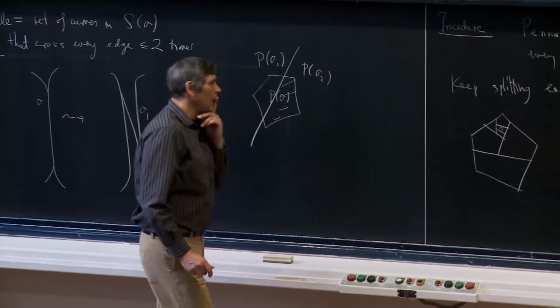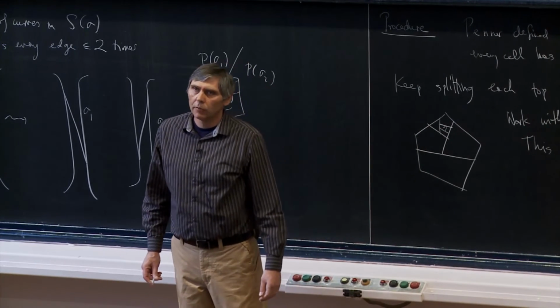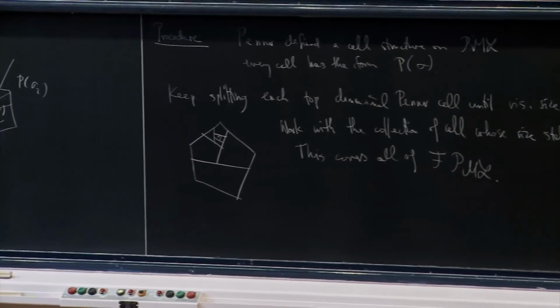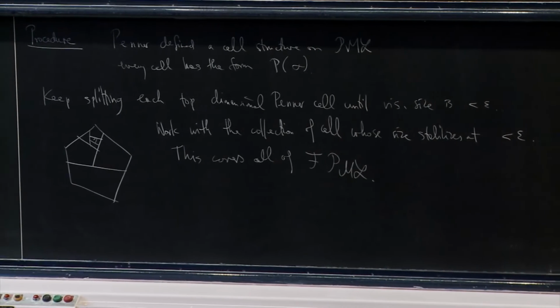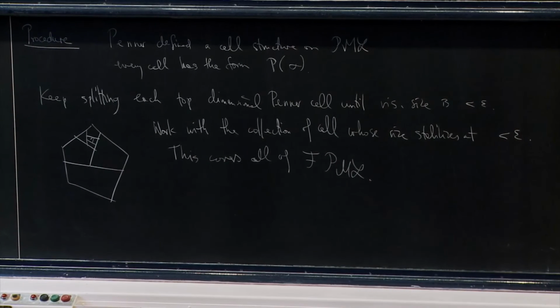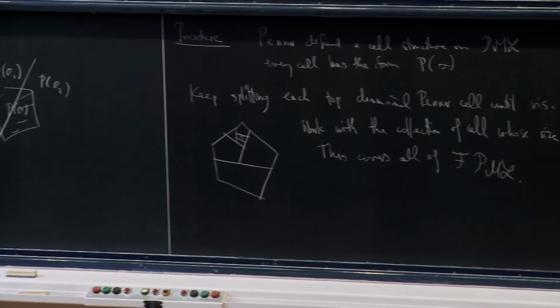Okay, and of course, each cell has the right size. So this is a good beginning. We have a cover, a kind of cell structure, although it's kind of infinite, but it's locally finite. It's a locally finite cell structure, and all cells have size less than epsilon. But now we have to worry about those bad pictures. This is basically where the work kind of starts.